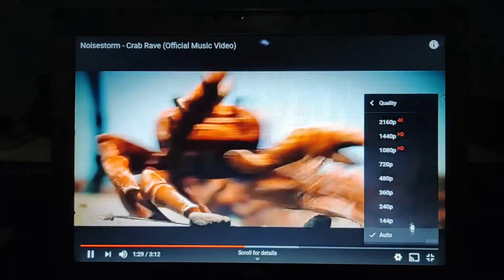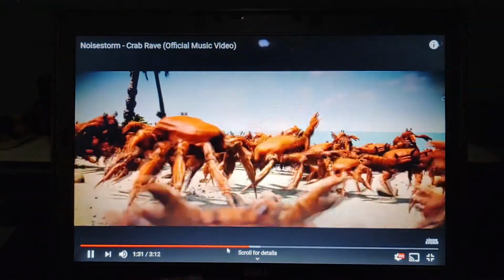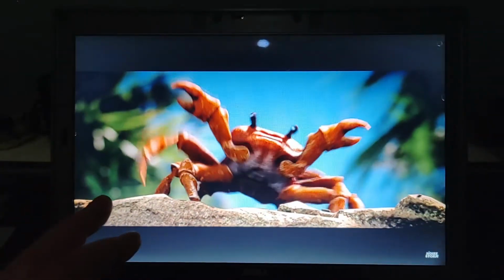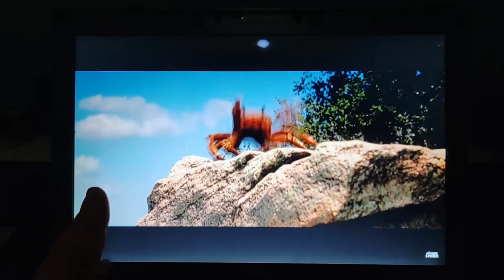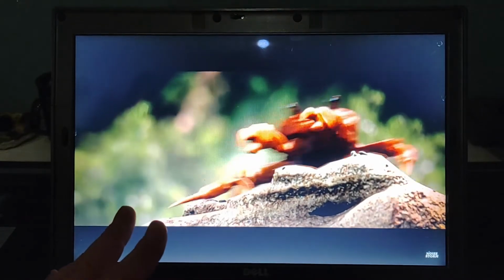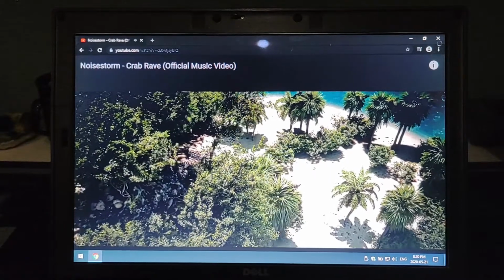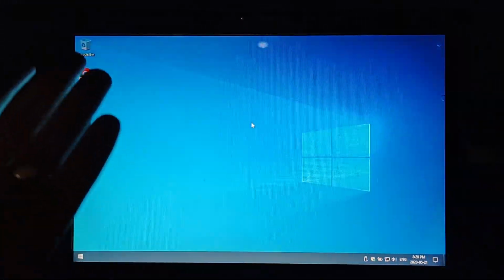I'm going to switch to 1080p, and you will see. I hope you can see. I can see it immediately. Things start to get a little bit... I don't know if I'm getting all those frames. Things are getting a little bit, something. So that's that. So basically, for multimedia capability, you're going to be okay to be able to view stuff at